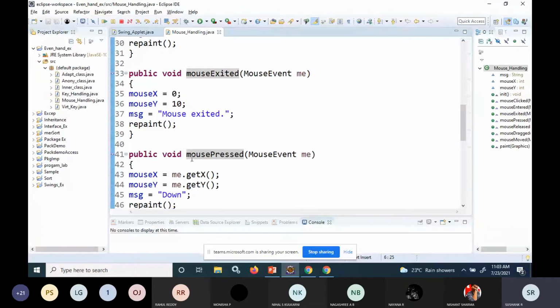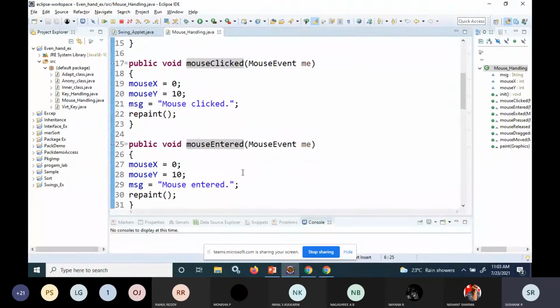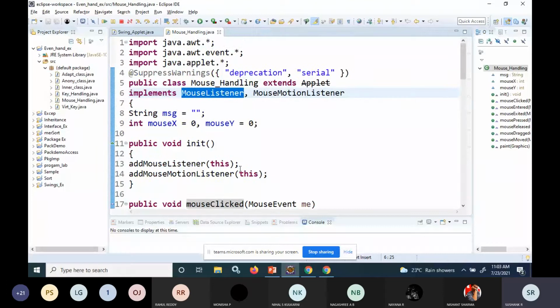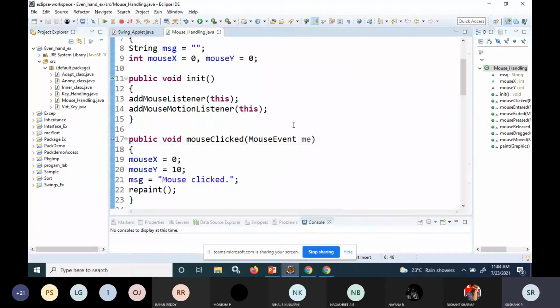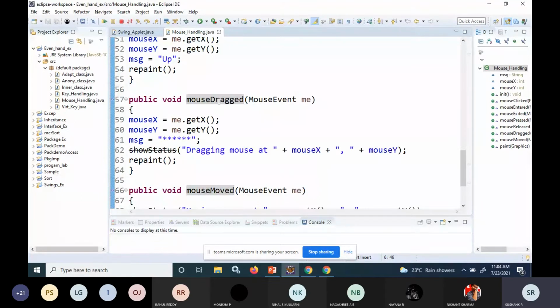The first thing is you have to write the implementation details for the interfaces which you are implementing. Here I'm implementing mouse listener, then mouse motion listener. Mouse motion listener has two methods: one is the drag method and the other is the move method. When I'm dragging the mouse, it will display some star kind of thing, 5 stars or 6 stars, and it will get me the position of X and Y. We have the getX and getY functions, supported by the mouse event class, where getX gives the position of X and getY gives the position of Y on the screen. After that, I'm printing some mouse moving message, and also implementing the mouse move status. So this is what I'm doing.